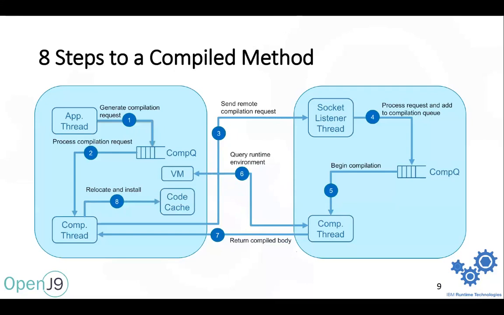The server works very similarly to the client. It also has a queue. So once it receives compilation requests, it puts them onto a queue. That's step four. And it also has multiple compilation threads on the server side. So that's step five. Each compilation thread on the server side is going to pop a method off of the queue and begin the compilation